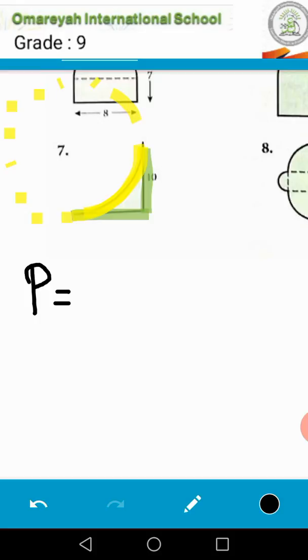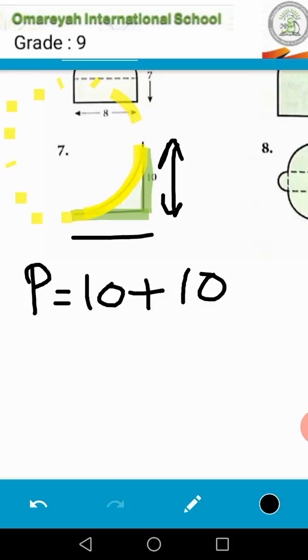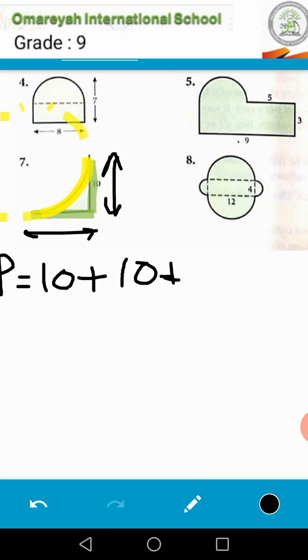So now to find the perimeter, as I said, you have to add 10 plus 10, this side plus this side, plus the circumference of the circle. When I write C, teacher, you have to know C means the circumference of the whole circle. But I need the circumference of a quarter of the circle, so you have to divide by 4. So now the perimeter equals 10 plus 10 is 20 plus